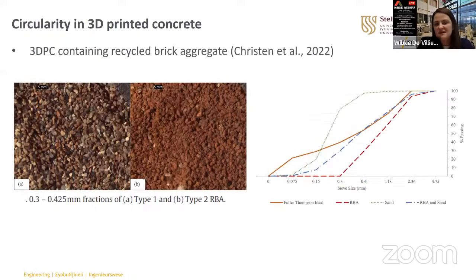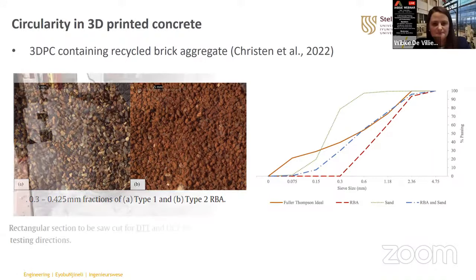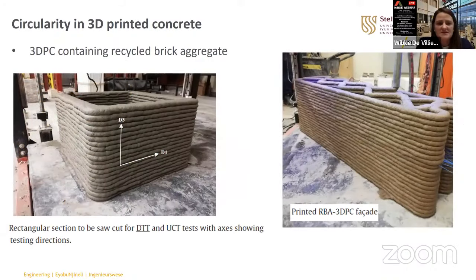And then the second study that also incorporated waste materials here at Stellenbosch University was conducted by Heidi Christen, a PhD student. What she did is she included recycled brick aggregate and replaced up to 64% of the aggregate in the 3D concrete print. She also used a combination of different brick aggregate sources, in an attempt to reach the Fuller-Thompson grading with that aggregate. And so she also conducted a number of different tests, including the typical mechanical compression tests,